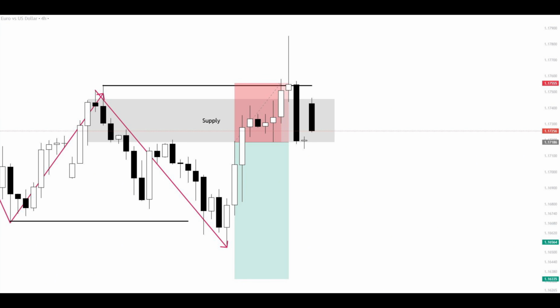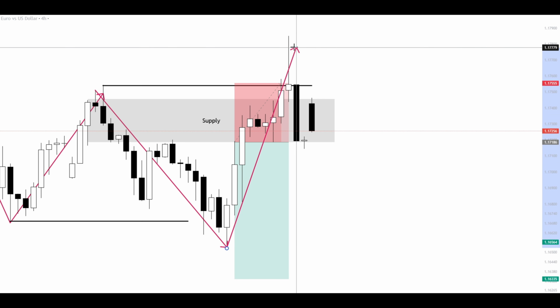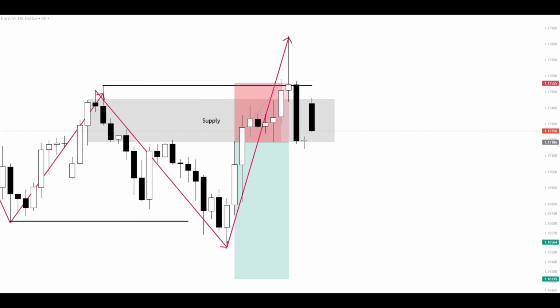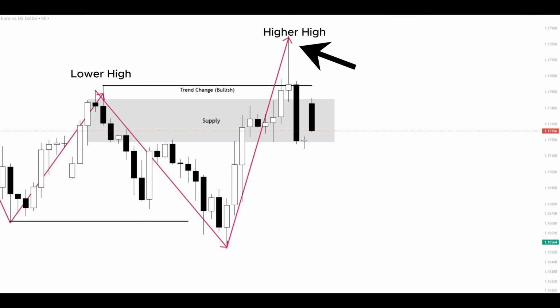So if it hits the stop loss, that means it broke the supply and it also broke above the last high. The last high was a lower high, and now since it broke above it, that's a new formation of a higher high. When the market was in a downtrend and then breaks above the last high forming a higher high, that higher high is what we call a trend change or market structure shift from a downtrend into a possible uptrend. On uptrends we have higher highs, which we already have the first one right here,